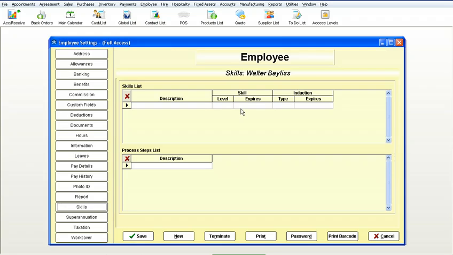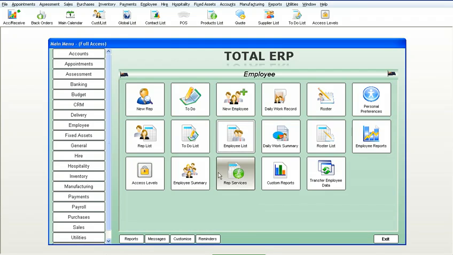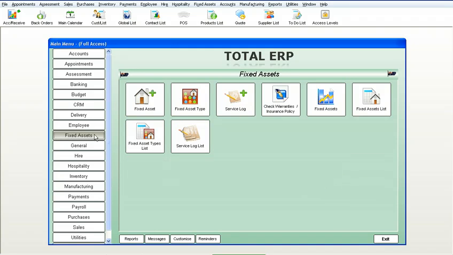What a great way to keep your legislation down to a minimum. For example, if your staff members have a forklift driver certificate, you don't want that expiring. So this will enable you to keep that in track. Our fixed assets area allows you to keep a detailed asset register with dual depreciation levels and posting straight through